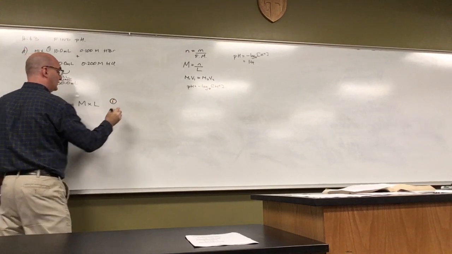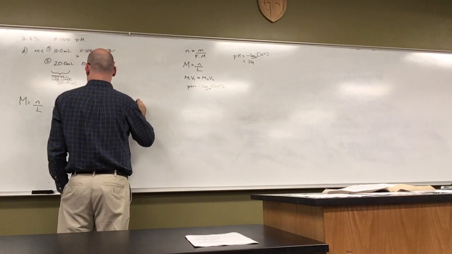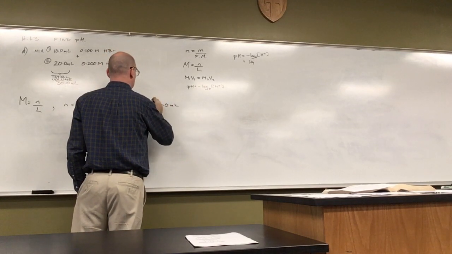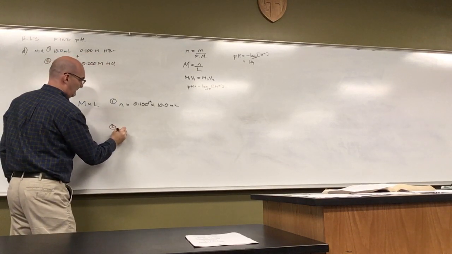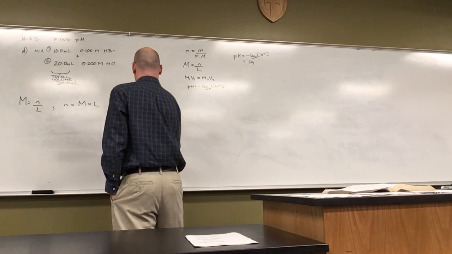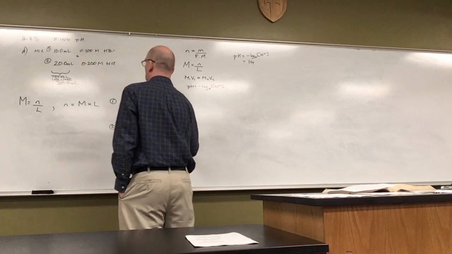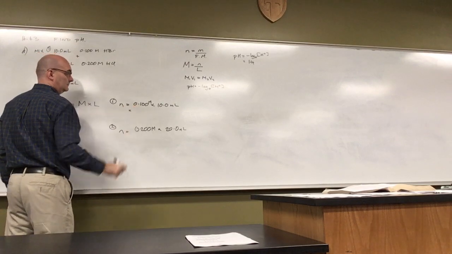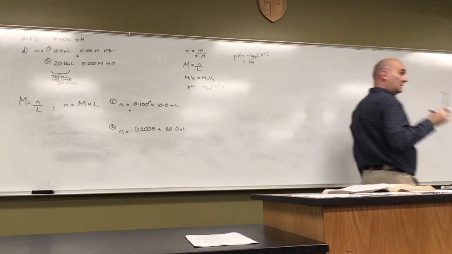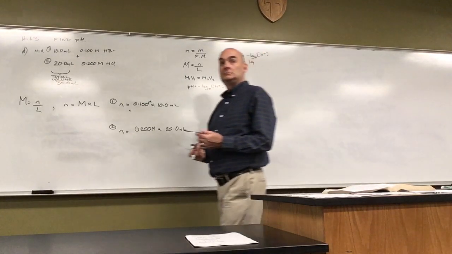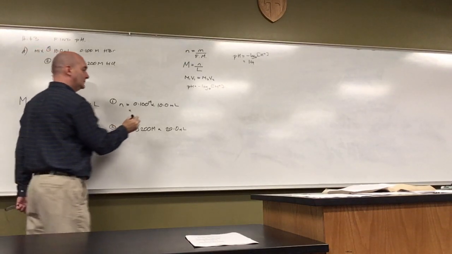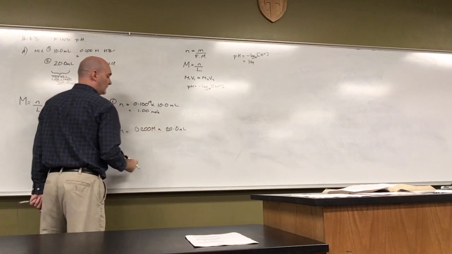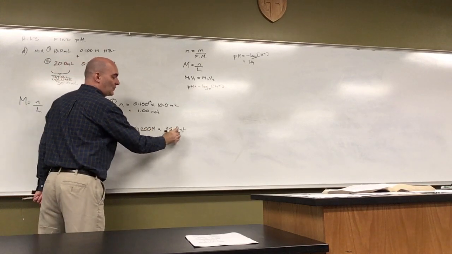So, in 1, the number of moles is 0.100 times 10.0. And in 2, number of moles is 0.200 moles per liter times 20.0 milliliters. Ten times 0.1 should equal 1. This has 3 significant figures. That has 3 significant figures. Okay. 0.2 times 20